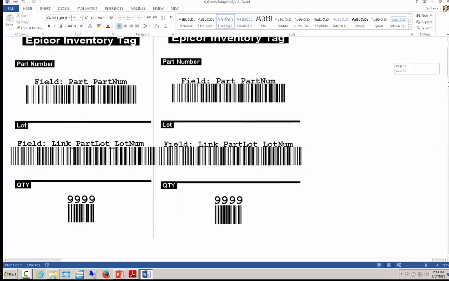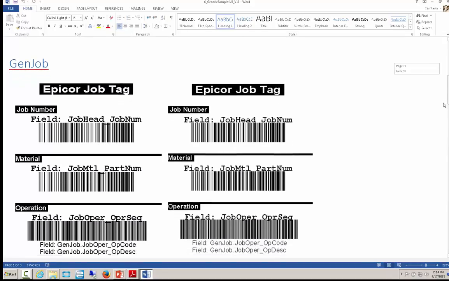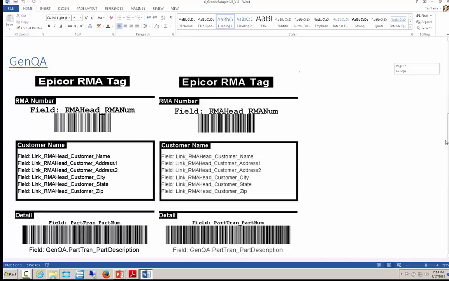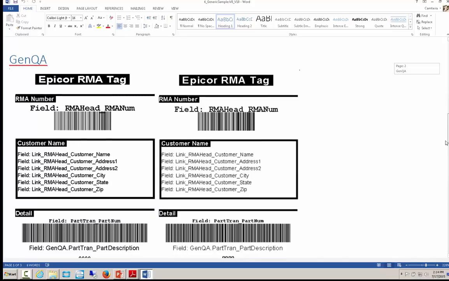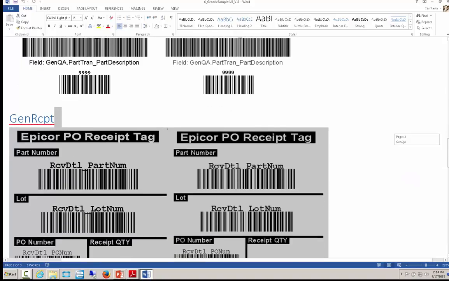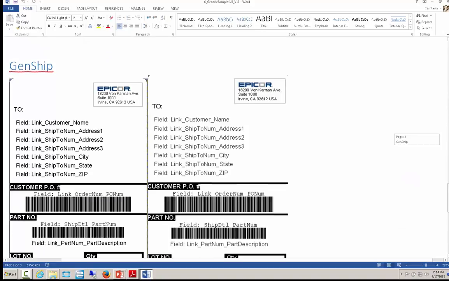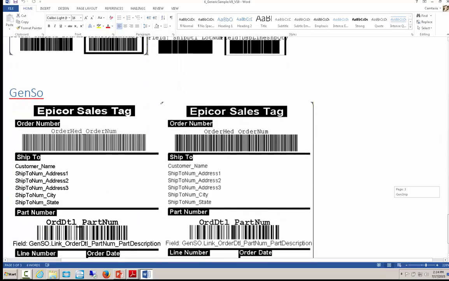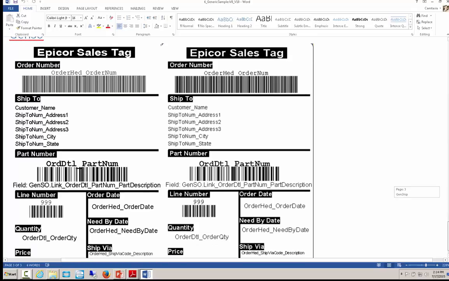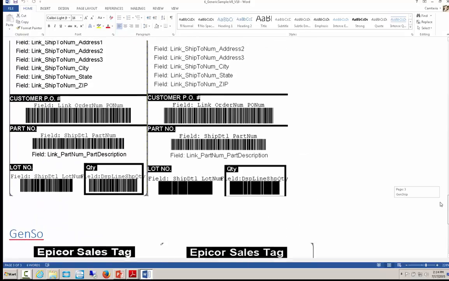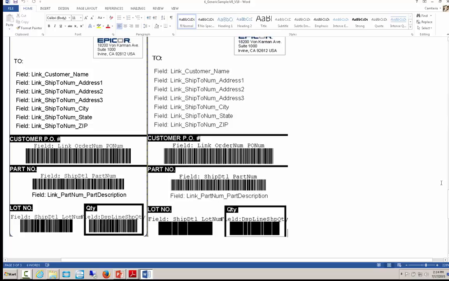We have the inventory tag. Here we have a job tag. Then we have what they call generic QA quality, and that's the Epicor RMA tag. A generic receipt for PO receipts, a generic shipping label to use with customer shipment entry, a generic sales order that shows Epicor sales tag information. So, they're somewhat busy, so you might use them and customize them to your needs, or